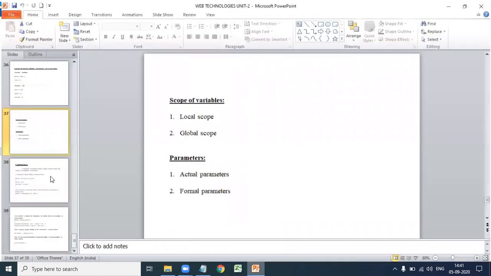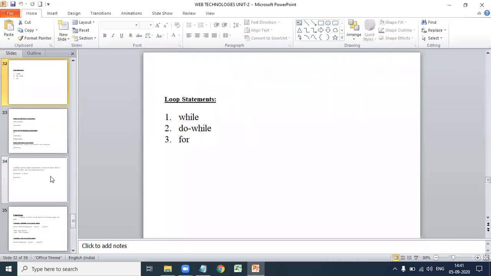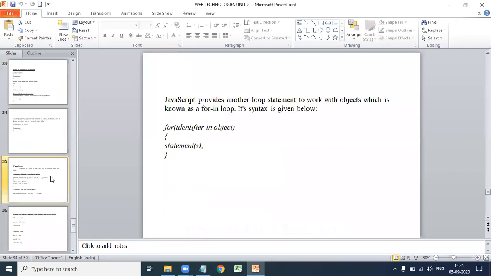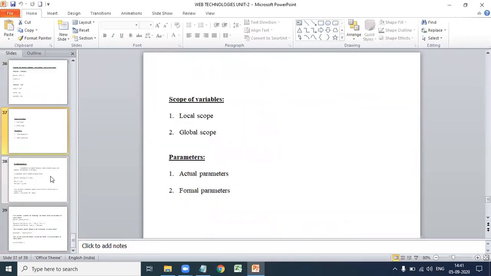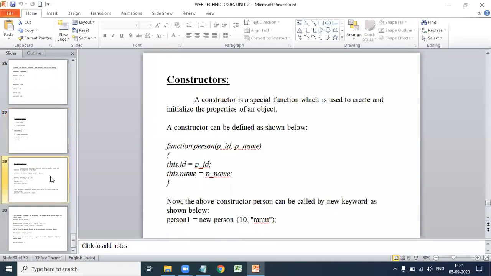In this class we discussed selection statements, loop statements, functions, and scope of variables and parameters in functions: actual parameters and formal parameters. In the next class we discuss constructors.